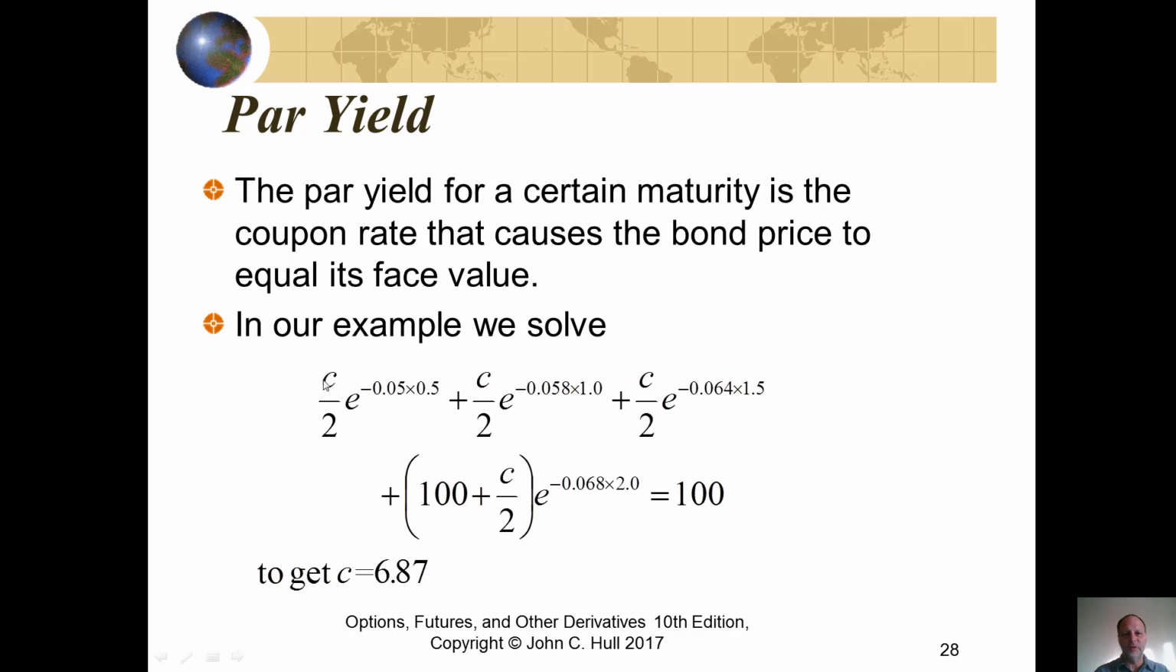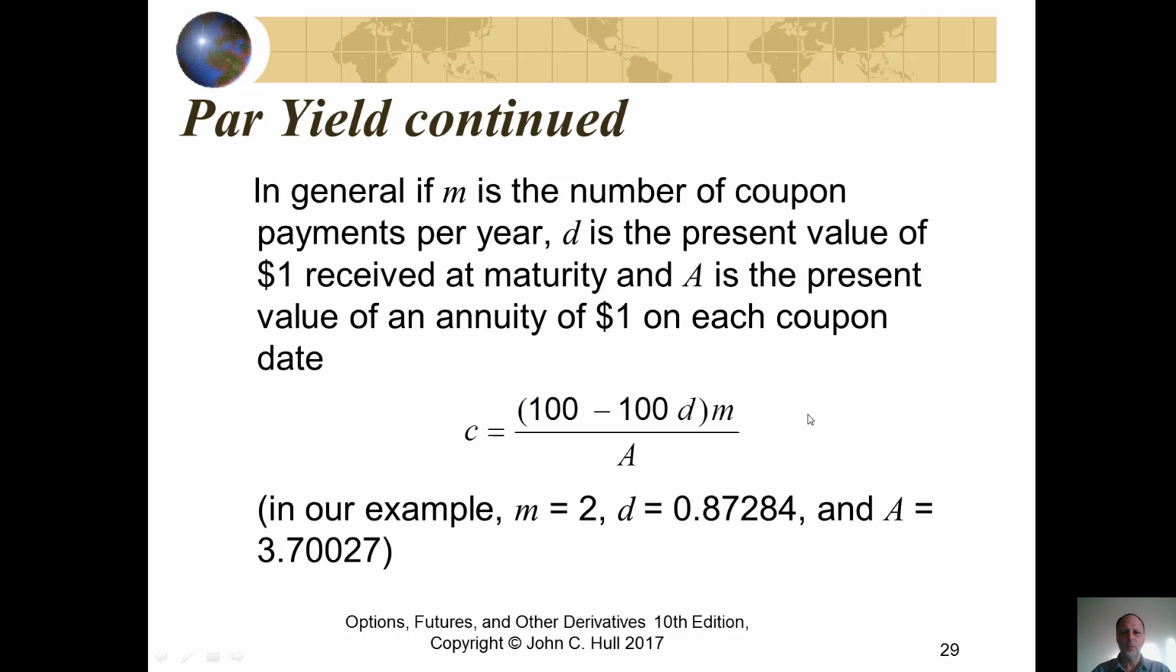You can pull out the c and then sum this term, this term, this term, and this term. And then from that, we can subtract off the 100 e to the minus 0.08 times 2 from this 100, divide and solve for C, and we get 6.87. We can derive a more general formula for the par yield, which we will show in a separate Excel video,